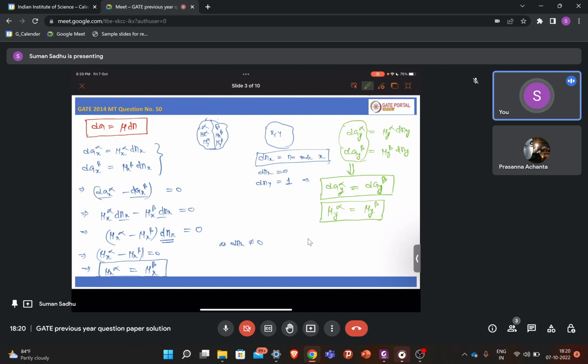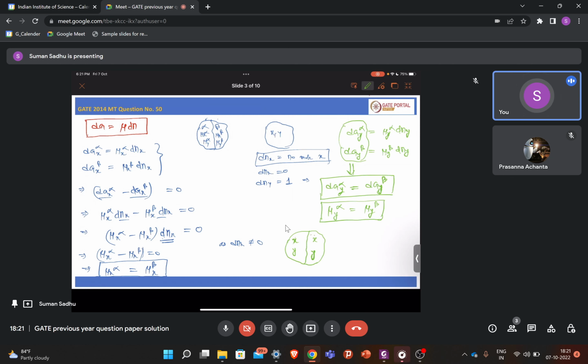Are you getting why the free energy of a component will be the same in the two different phases, which are under equilibrium, and let's say this is the interface. So we have component x and component y this side, component x and component y this side. Now the concentration may be different, so you may think that as the concentration is different, there may be a transfer of x from this side to this side, or transfer of y from this side to this side. But this will not happen because the free energy of component x in this side is equal